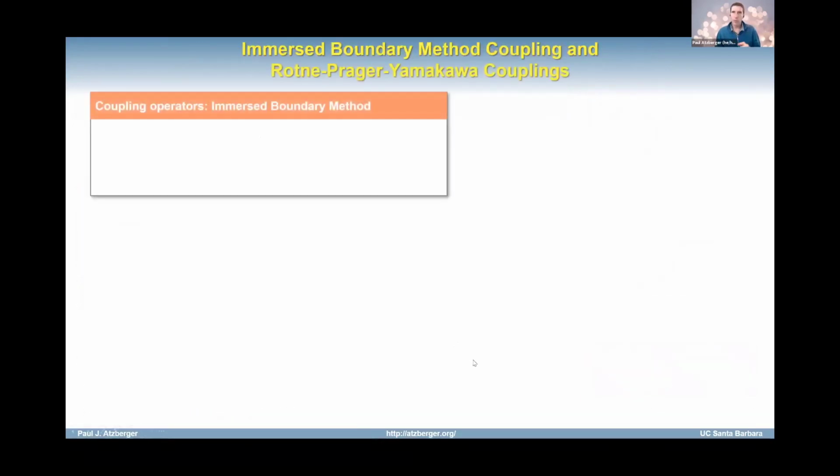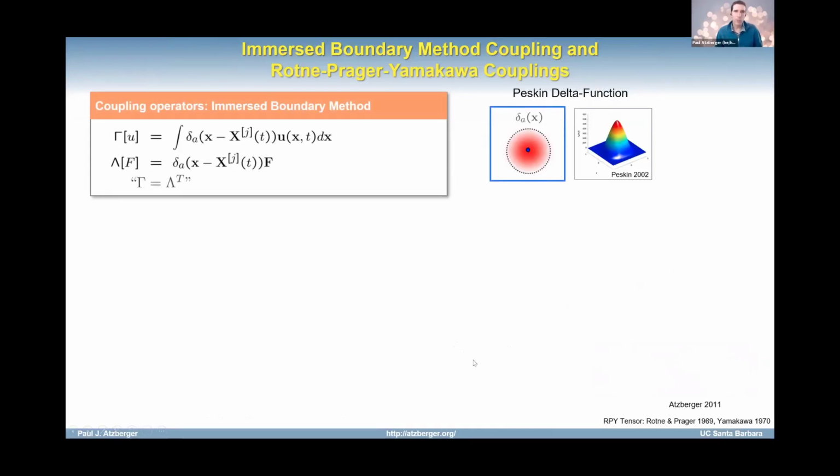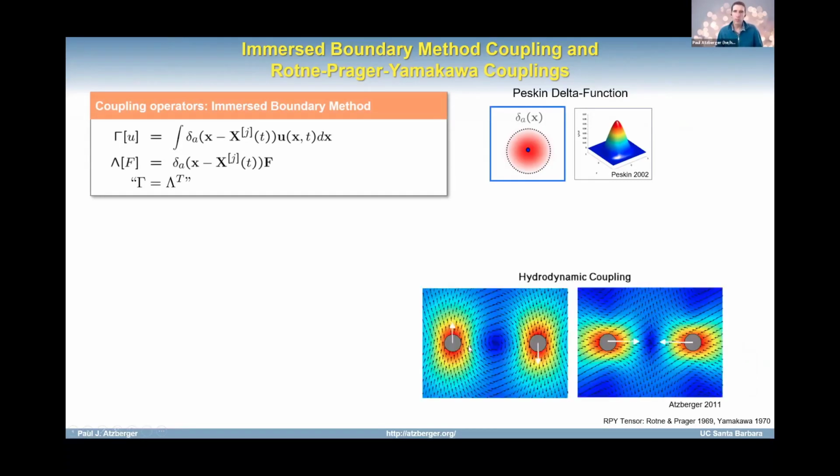Okay, so I just wanted to point out one thing that I found interesting, which was that, again, I've been trying to read and interact with different communities. One of the interesting things is the immersed boundary method. If you go through and look empirically at the Peskin delta approach to doing force spreading and velocity averaging, which I presume you've seen a lot of already in the course,